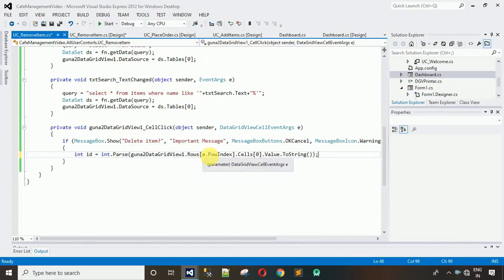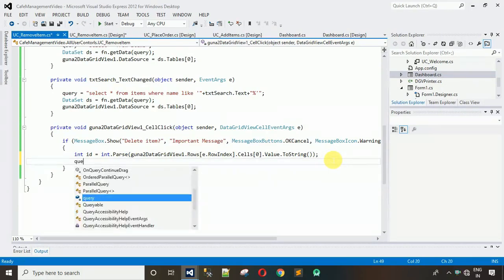Yeah, here we have the ID now, and what we have to do is just delete that row with that ID. So we have to write the query now. So query is equal to